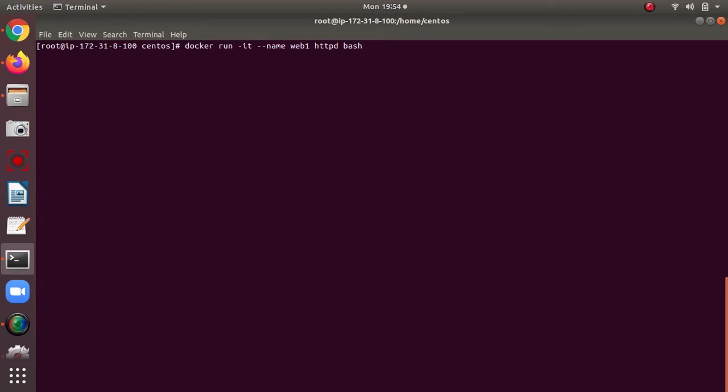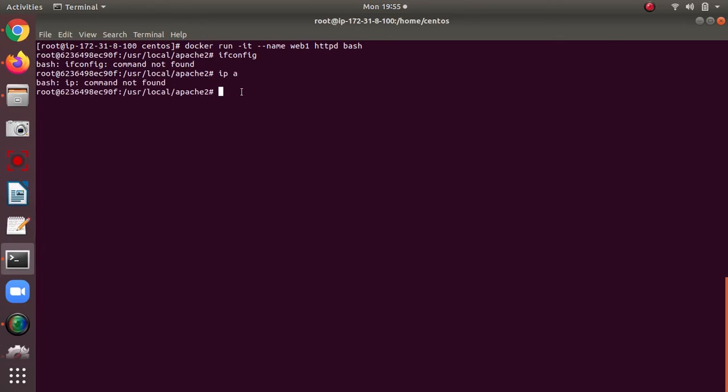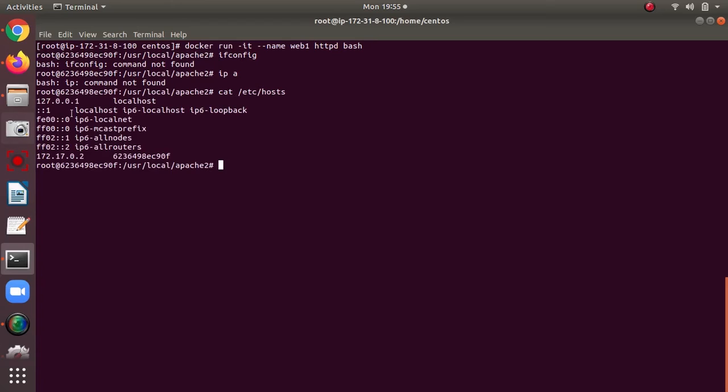How can we see the IP? The ifconfig and ip commands are not available, but there is another way: cat /etc/hosts. In the hosts file there is always an entry for the IP address, so you can see it here: 172.17.0.2.